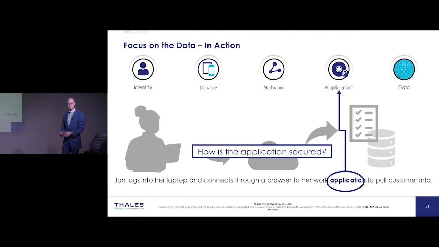She's obviously logged into her laptop, but is the application itself checking the authentication by Jan to get into the system? Is the data that the application is using itself encrypted and protected while that data is in use? And what is the supply chain and DevSecOps process of the application? Is it a government application, so all that's being done in-house, or is it a commercial application where you really need to dig into the supply chain and understand how the vendor is protecting you from those supply